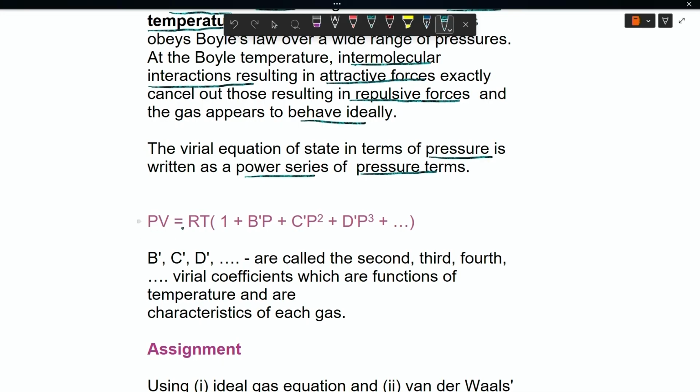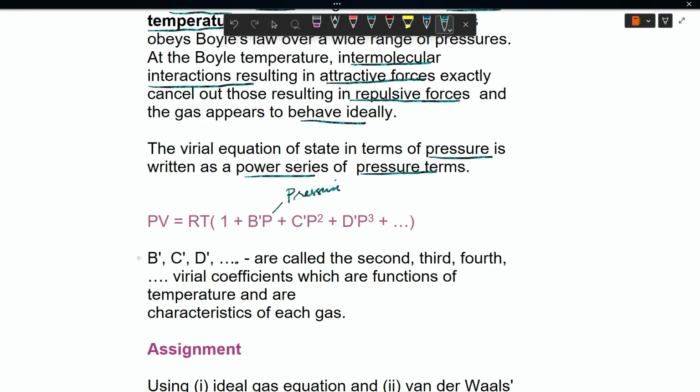So, PV is equal to RT times 1 plus B prime P, this stands for pressure, then C prime P square plus D prime P cube and so on,